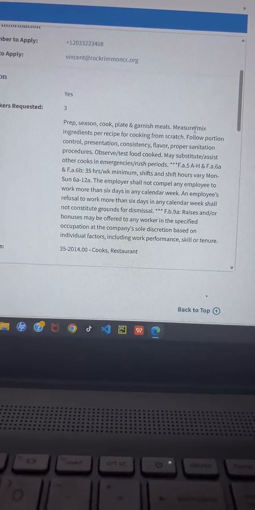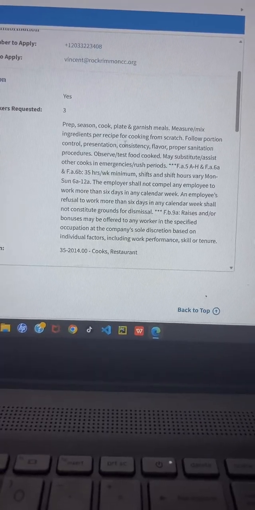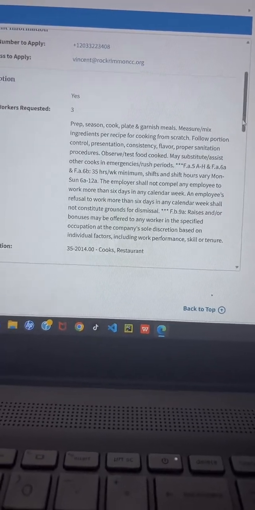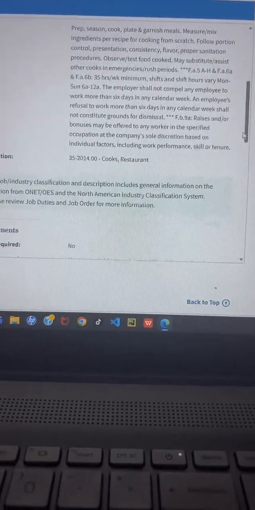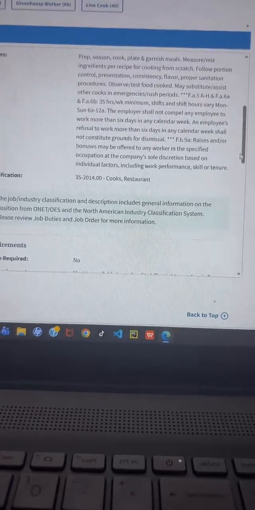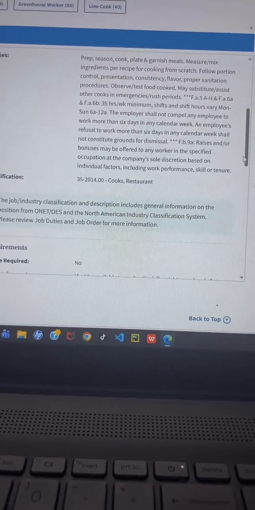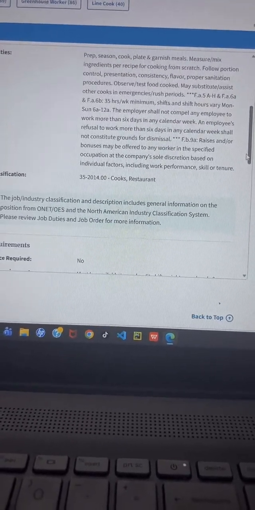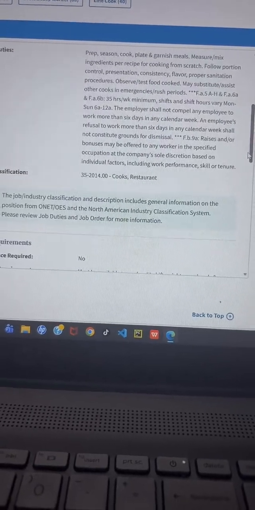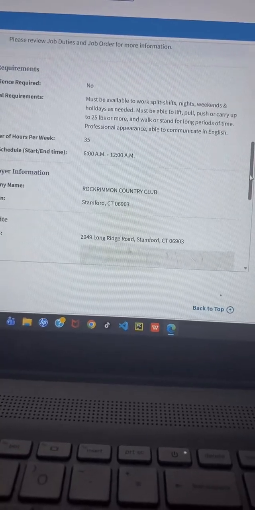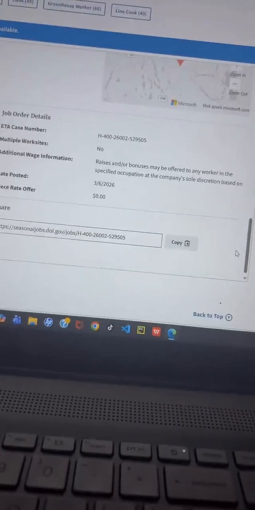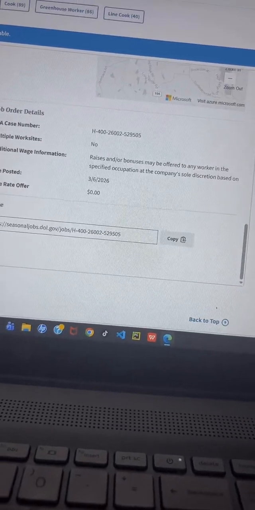Mix and measure the ingredients per recipe for cooking from scratch. Follow the portion control, presentation, consistency, flavor, and proper sanitation procedure. Even though it says no experience, you need experience. Yeah, this was today as well.